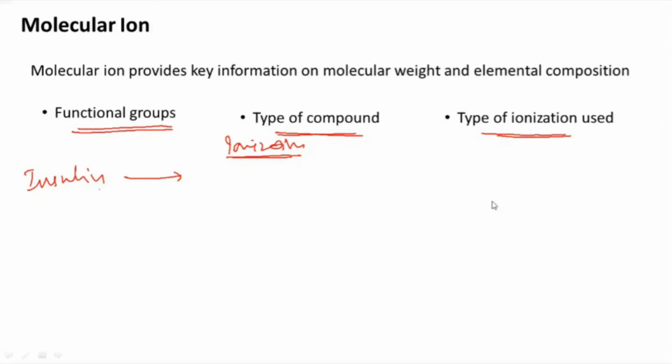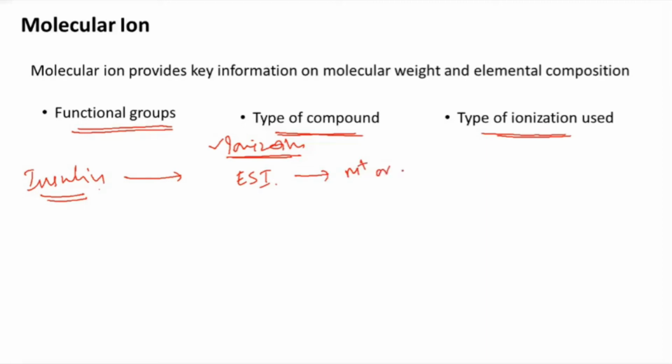You have to respond. I gave you insulin for analysis. To obtain the molecular ion, what kind of ionization method will you propose? Now you have to answer this question. Sir, if insulin is provided to you, what kind of ionization method will you use? Electrospray ionization. Very good. Electrospray ionization. Okay.